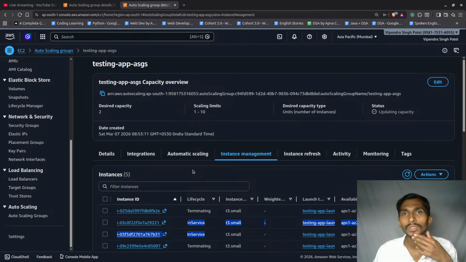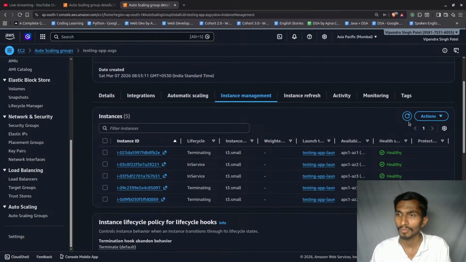Sending a request, that will make sense. So what will I do? I have 2 of them, right? So these 2 instances are running right now. What will I do? Now I will send a lot of requests to my EC2 machine, and once I send,